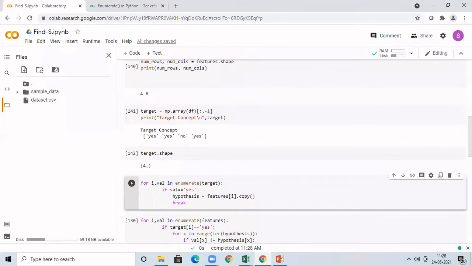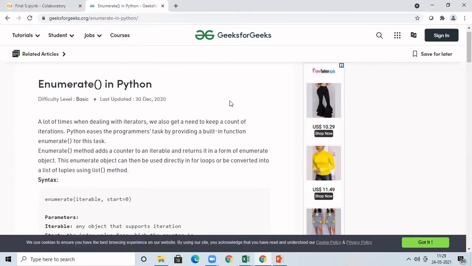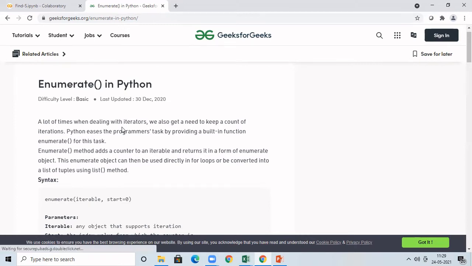Now we have separated our data set into 2 things. One is the features and the second one is the target class. Next, we are going to start our Find-S algorithm. So in Find-S algorithm, what we are going to do is we are going to consider only the positive examples. With the help of that, we are going to generate our rules. So now let us see how to proceed with that. You can see I have given enumerate, the use of enumerate. So the use of enumerators, many times we want to deal with iterators. You know what is the meaning of iterator? Iterator is nothing but if I have an array, I want to iterate to all the elements in the array one by one.